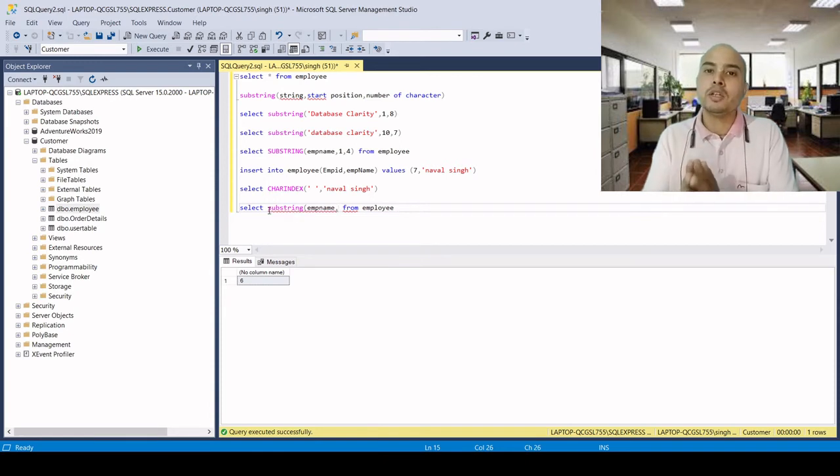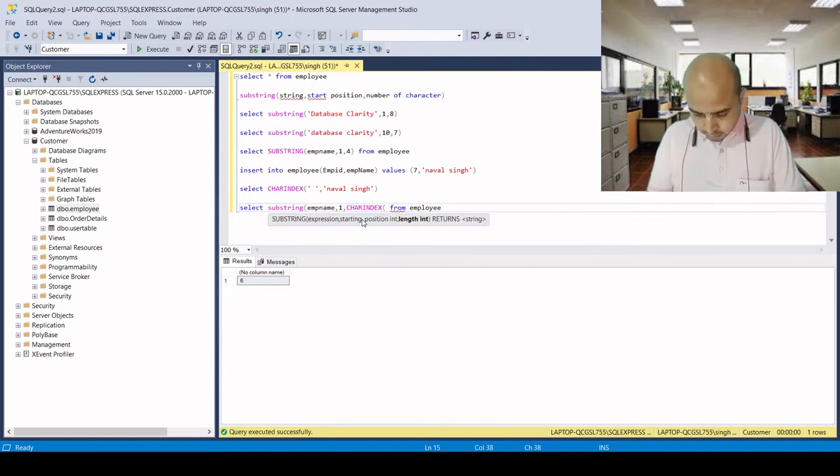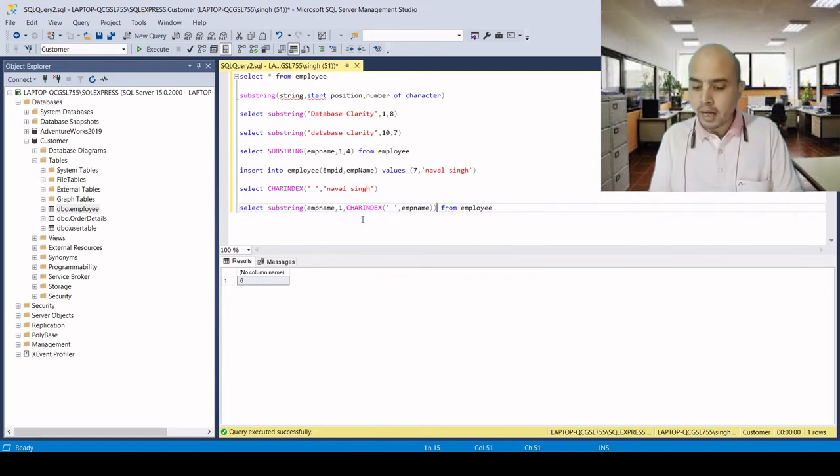The start position will be 1, and the length will be the CHARINDEX of the space in emp name.